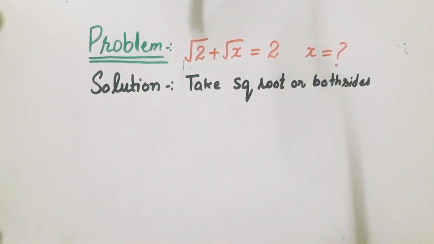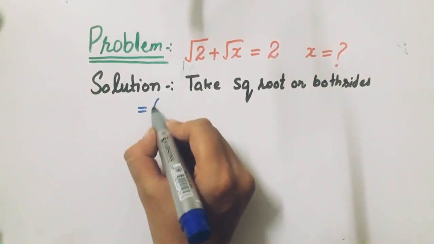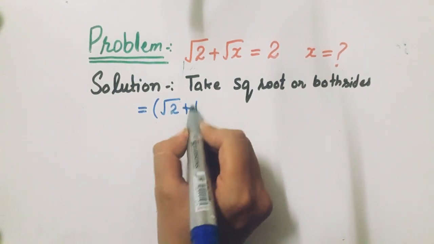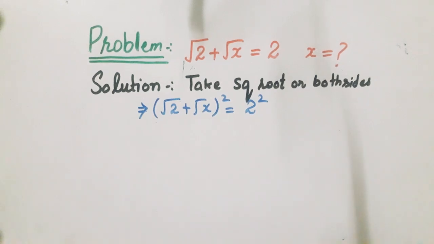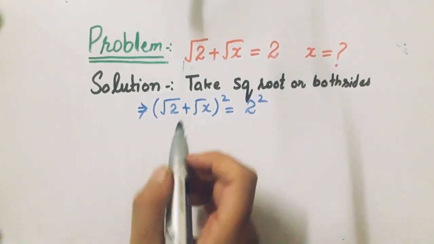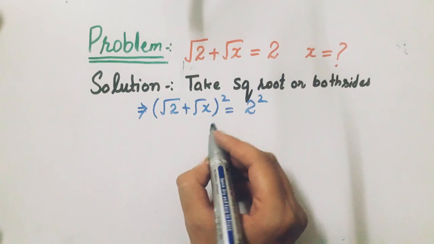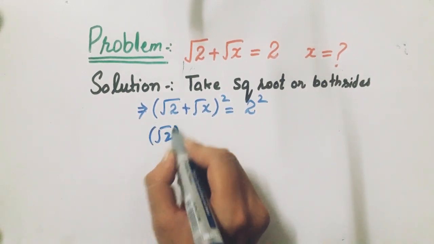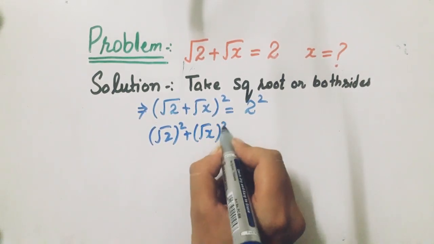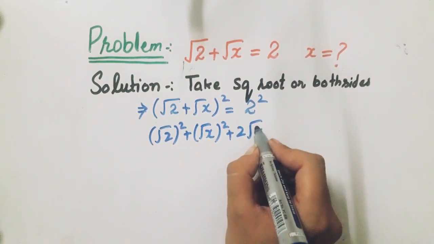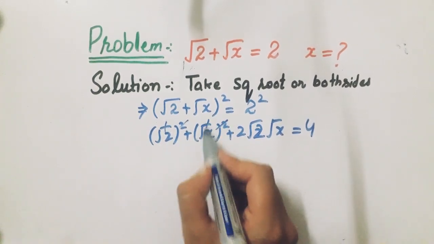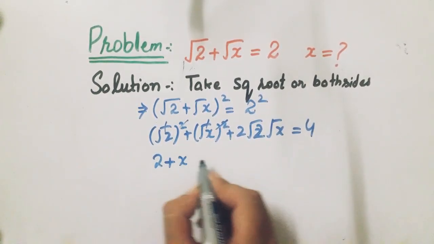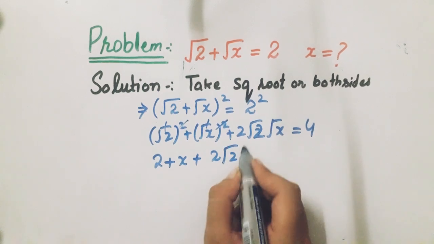So if we take the square on both sides, we will get (square root 2 plus square root x) whole square equals 2 square. Now in the next step, we will open the (a plus b) whole square formula. According to that, (square root 2) square plus (square root x) square plus 2 into square root 2 and square root x equals 4. Now the square and square root cancel out, so we have 2 plus x plus 2 square root 2 square root x